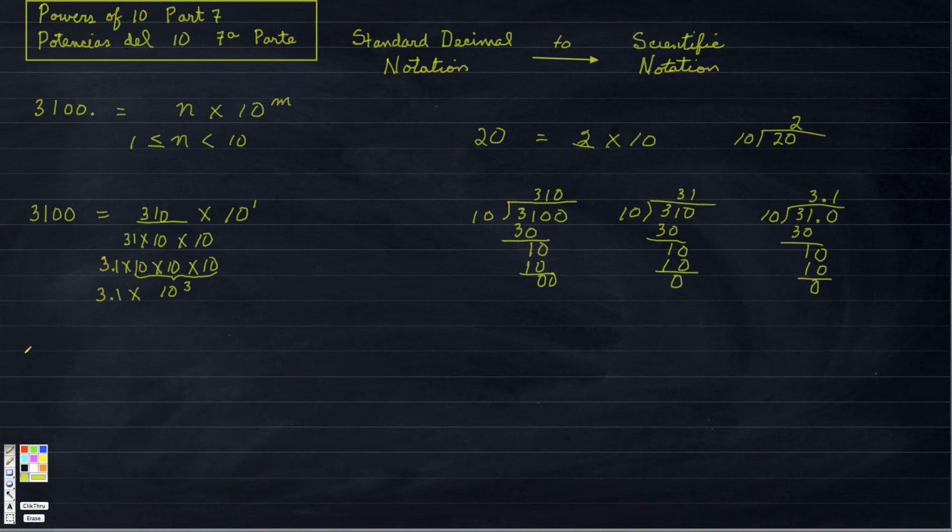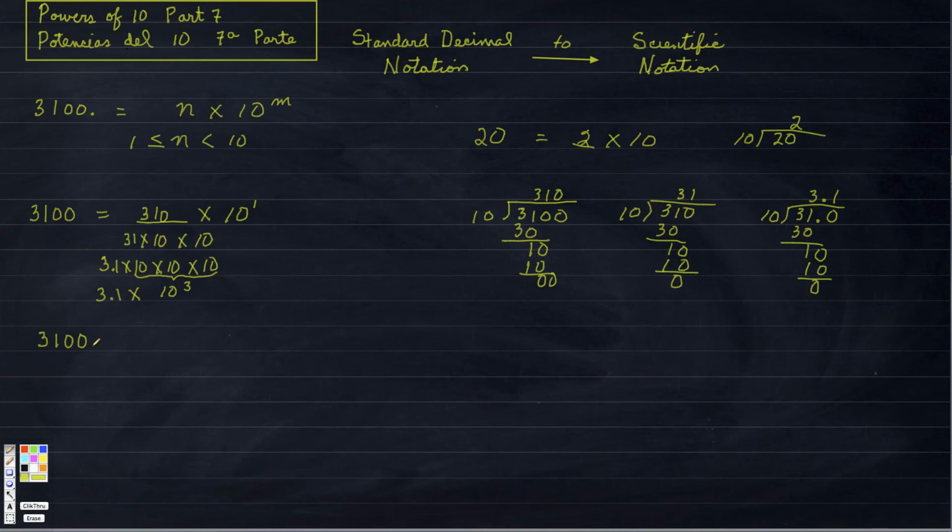Okay, so now let's just do one more example. We were dividing by 10 in the last problem. But dividing by 10 is the same as moving the point to the left. So I could find a short way of doing this problem instead of repeatedly dividing by 10 and dividing by 10. I can divide by 10 simply by moving the point to the left.